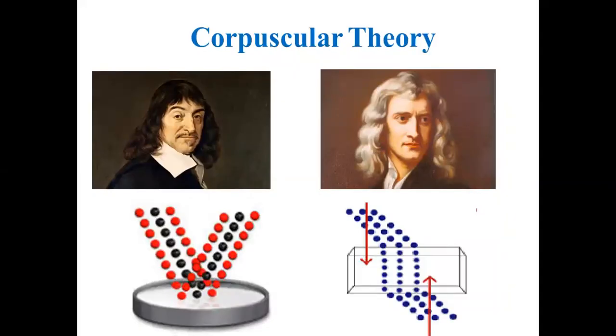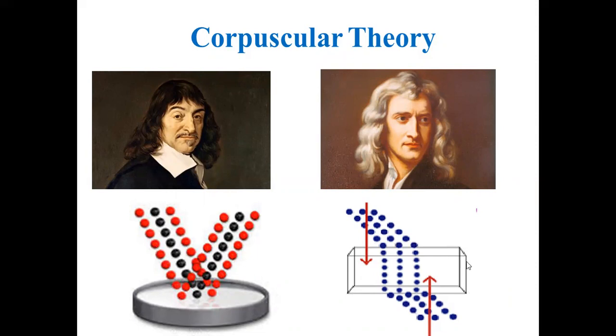So according to corpuscular theory, different sized corpuscles have different colors, and a surface which reflects light gives a normal force of reaction on these corpuscles. That's why they move like this. As soon as these corpuscles fall on the surface, there is a normal force like this, and the corpuscles travel in this direction. Suppose a football is moving like this, and if you kick the football in one direction, it changes direction. In the same way.